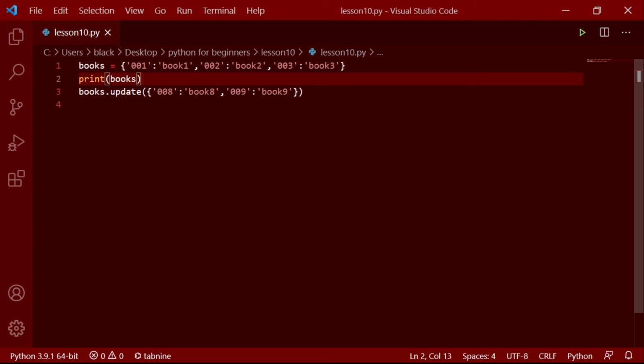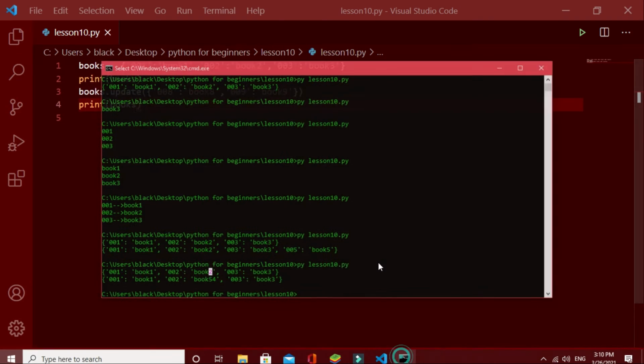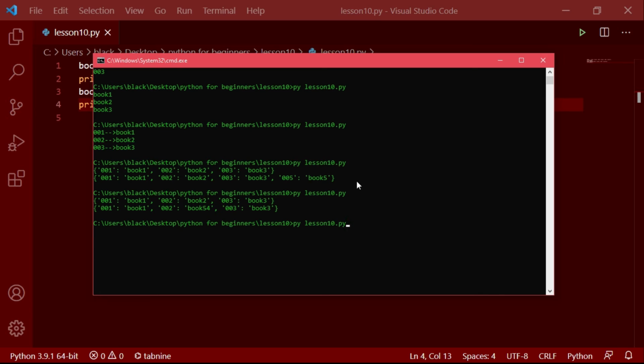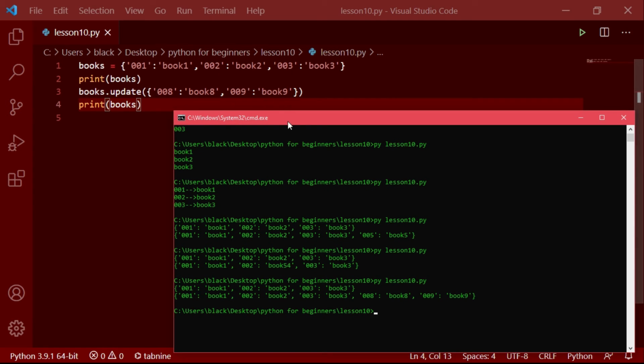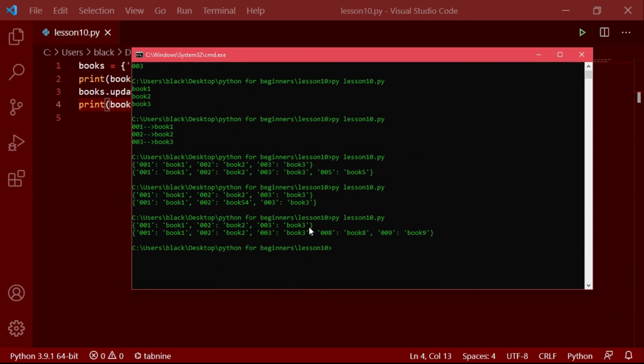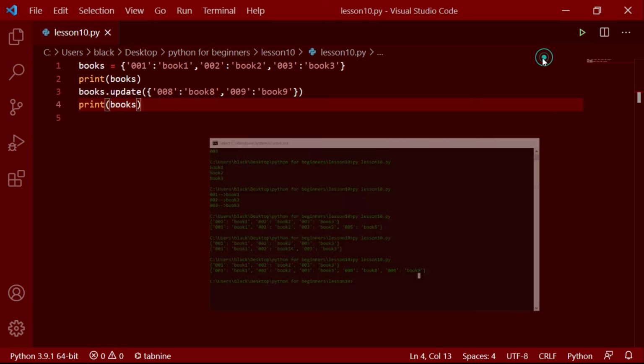Actually here it is not updating, it is adding, just because these keys are not contained in this dictionary, and after adding I'll print this dictionary again. Now let's see what will happen. As you can see, before adding these two key and value pairs, it does not contain 008 and 009, but after that it contains 008 and 009.